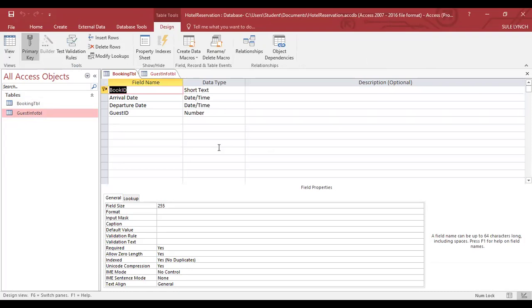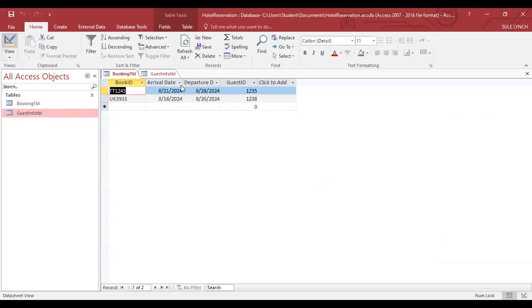So we initiated our primary key, right? We set the data types. So all of this is done when the tables are actually being created. All right. And then we came back out to the datasheet view and we started to enter data into the tables. Now, what we're going to look at today is another way that we could enter data into the tables and manipulate the data in the tables,